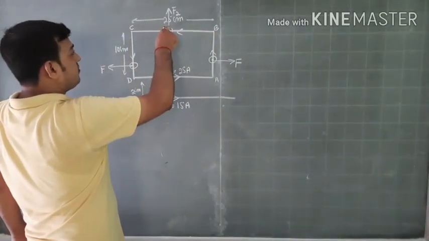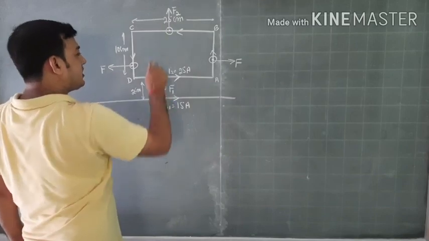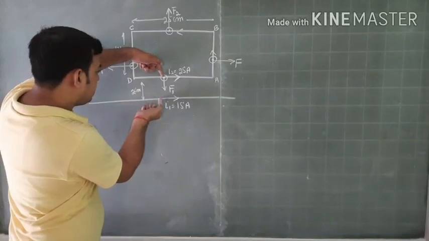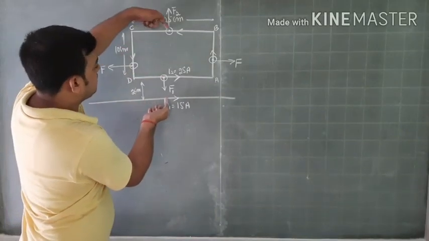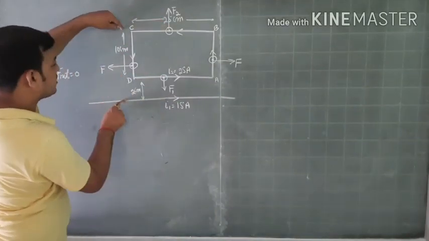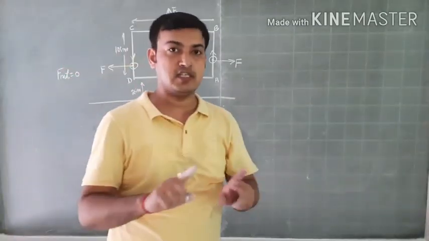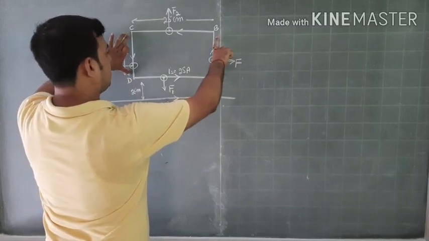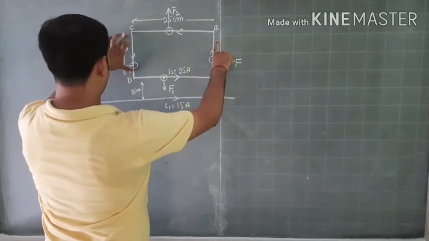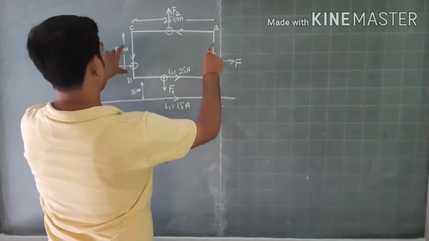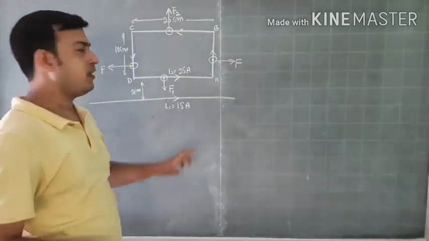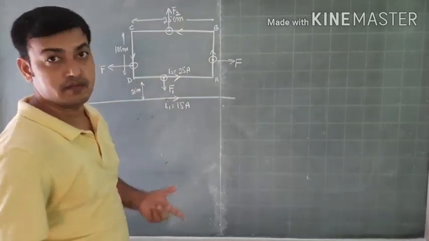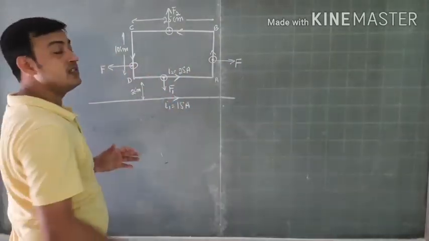Now these two forces are still in the opposite direction, but the reason is that the distance of these two arms is 2, and the distance of these other arm is 10 plus 2, that is 12. So the distance is not the same, but in the earlier case the distance of both arms from the wire was the same, so everything was the same, and that's why the net force of these two was 0. But here it will not be 0 because the force will not be the same.